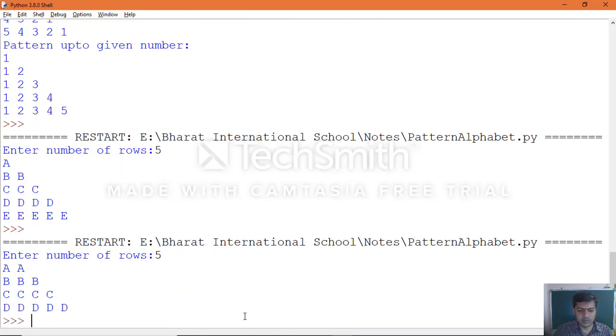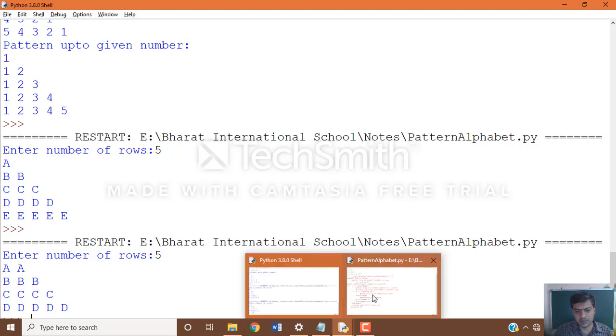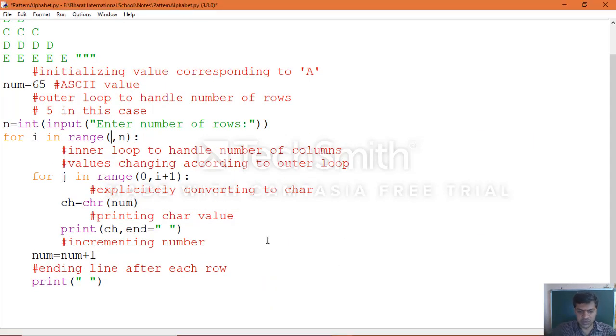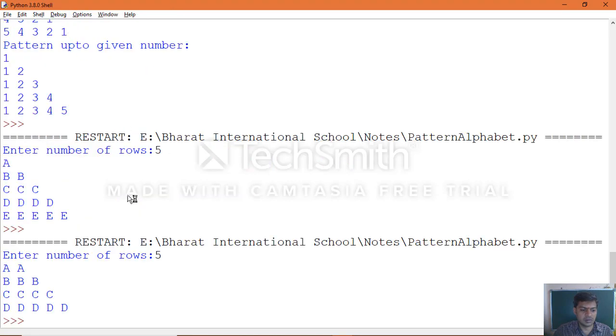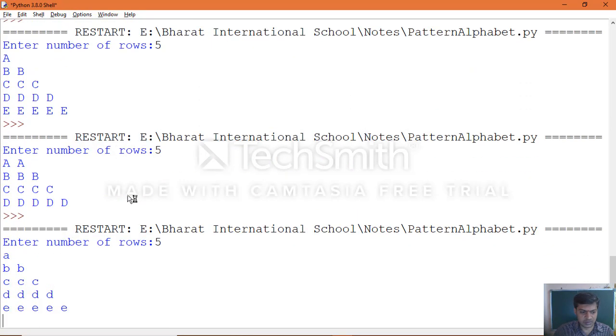So within the loop, the way you define it is important. If you give 0, it will take up to that value. For example, if we give here, let's say, 97, which I think is the lowercase alphabet. Now save it and go to Run Module. Let me see what happens. Yes, lowercase alphabets.